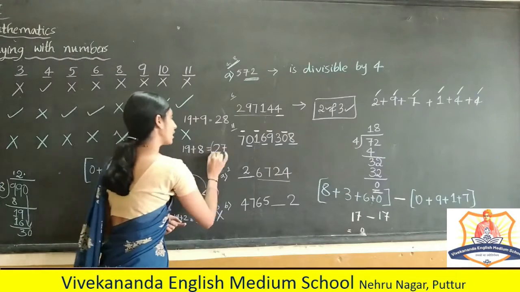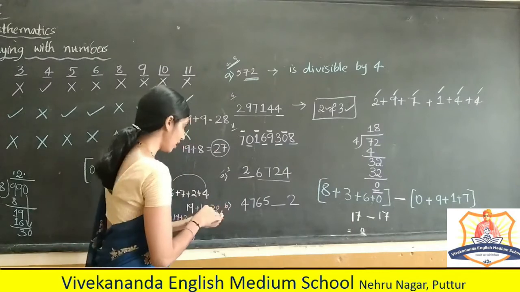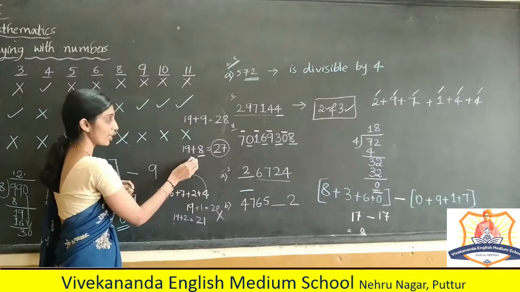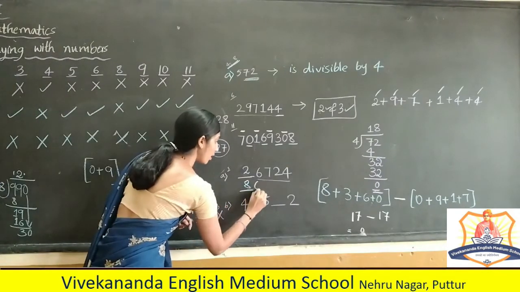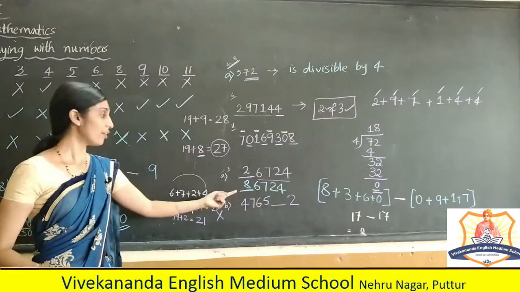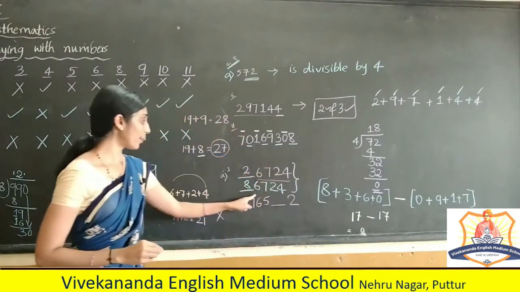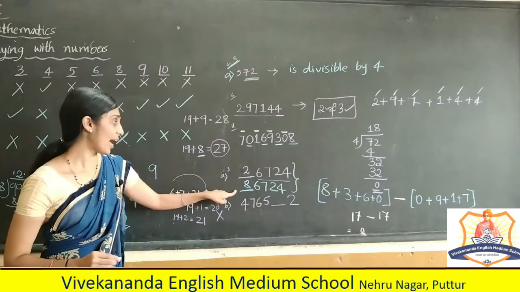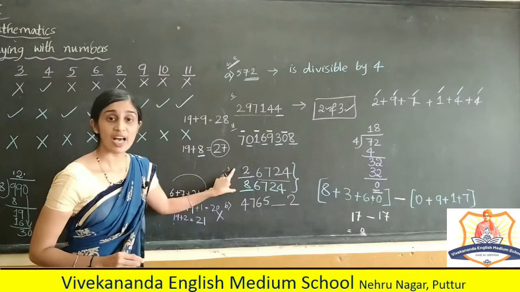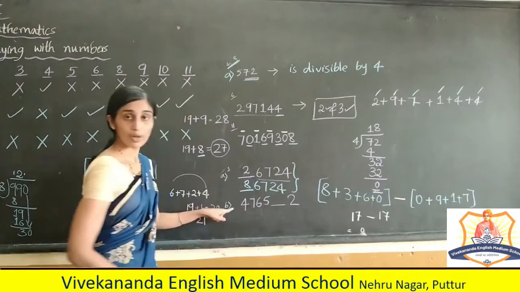Yes, this number is divisible by 3. So, if I fill this blank by the number we got, 8, then this is the greatest number which is divisible by 3. So we should frame two numbers by filling the blank, the smallest and the greatest number which are divisible by 3. So in the same way, try to do B, children.